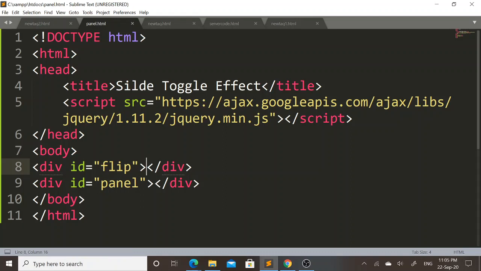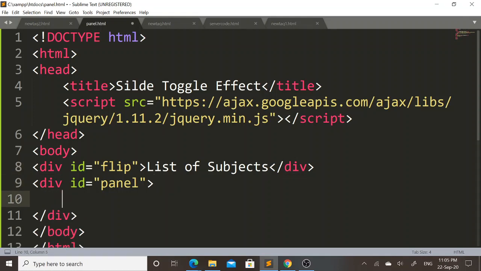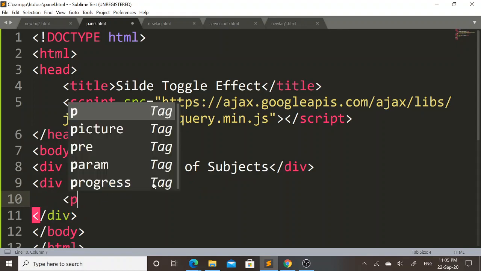Here in between first div tag I will mention text list of subjects, and in second division tag to show the list of subjects I will take the help of paragraph tag.